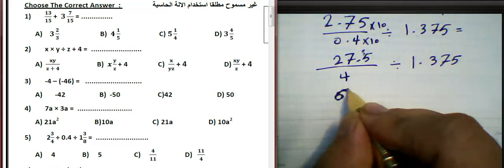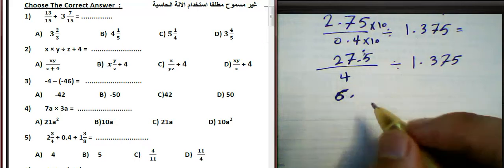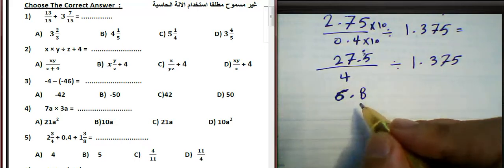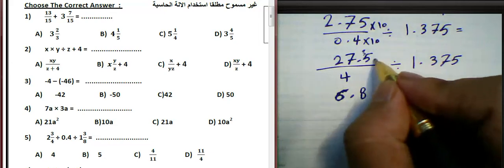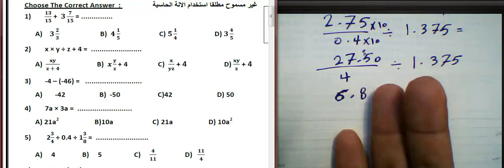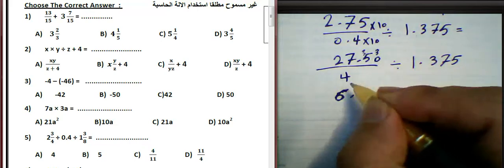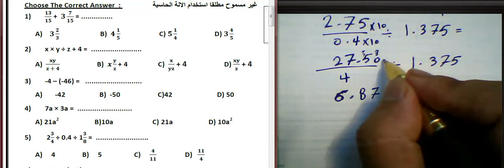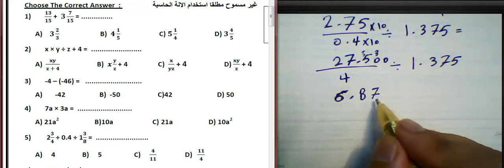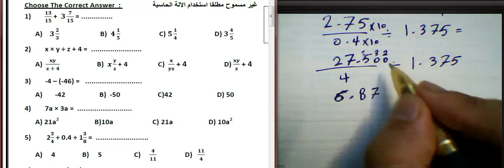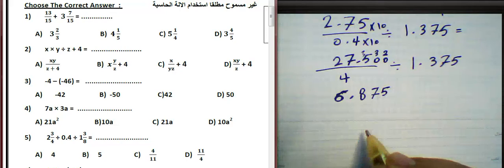Write the point here. 35 divided by 4 equals what? 4 times 8 equals 32, and remainder 3. Write 8 here. We can count from 32 to 35: 33, 34, 35. Remainder will be 3. 30 divided by 4 equals what? 4 times 7 equals 28. Write 7 here. After 28, 29, 30, remainder 2. It will be 20 divided by 4 equals 5. So the result will be